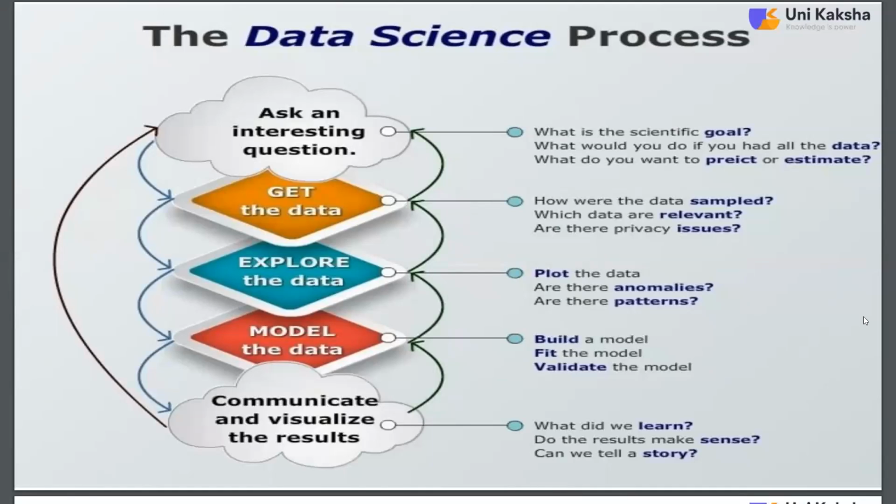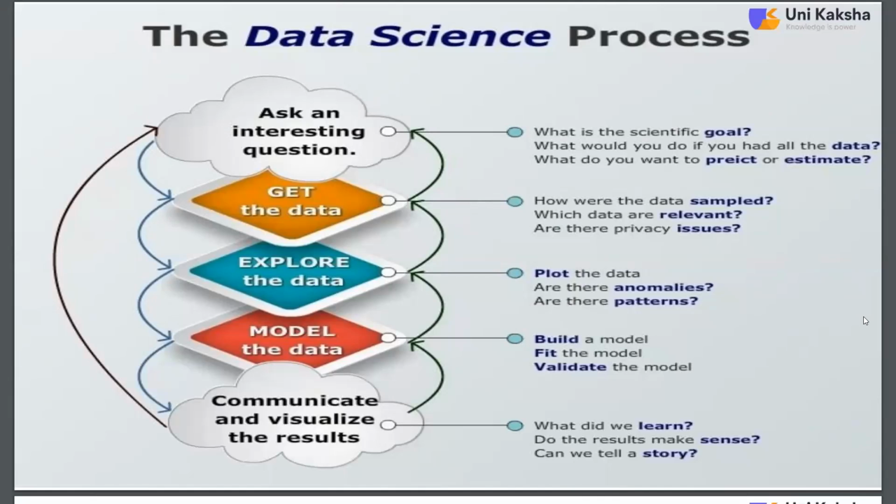Data science is a scientific process. So what is the final outcome? What is the final goal? That should be decided first of all, so that will help us to create our flow. This is a whole journey. That's why the first thing is to create the questions, to decide the goal or the aim of this particular process. What outcomes and what predictions we are getting after this process will be decided first of all.